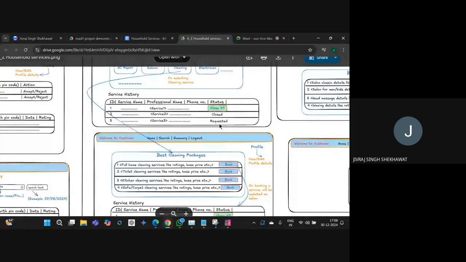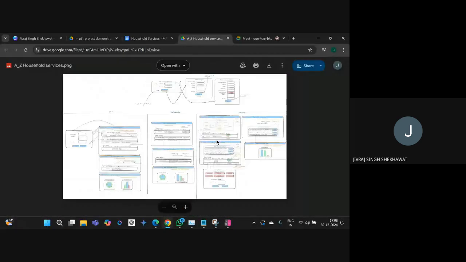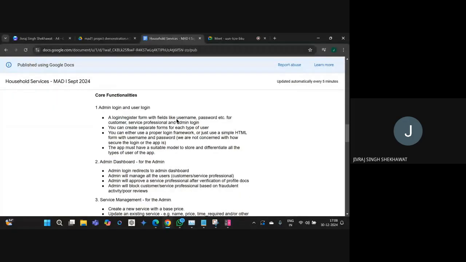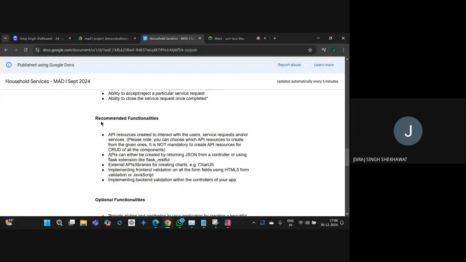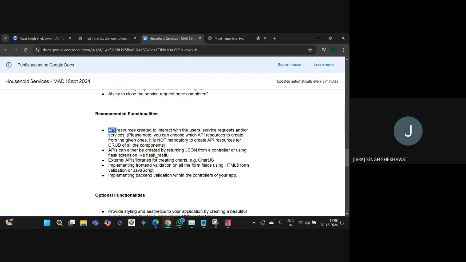So this is one wireframe that they will provide you, but you can always tweak this wireframe, and you can decide to do something extra on top of this wireframe. And then if you want to create something extra, then you can